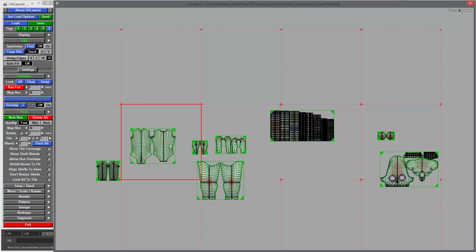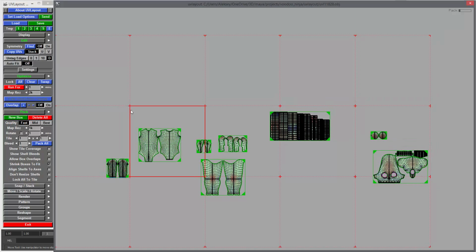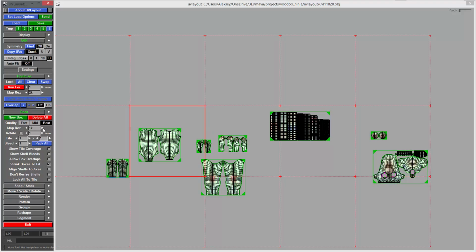So I want to use as much UV space as possible, meaning that I don't want to have to put everything in one UV tile, because then my textures have to be really high res. So I can use multiple textures. So I want to set the quality to best. Map res, let's do 2K. And then for tile, the